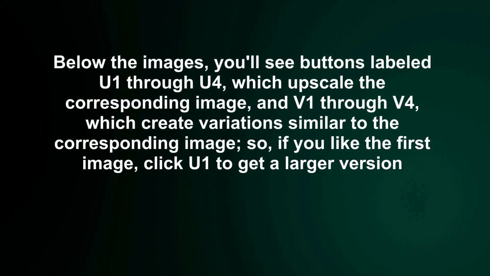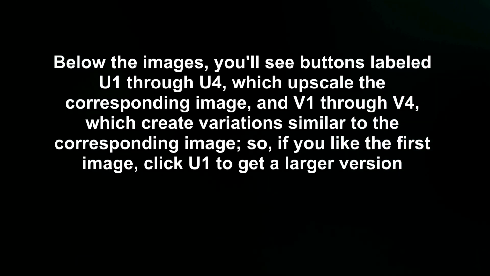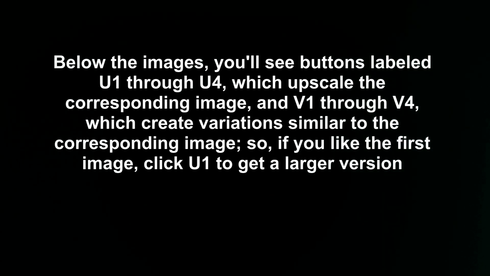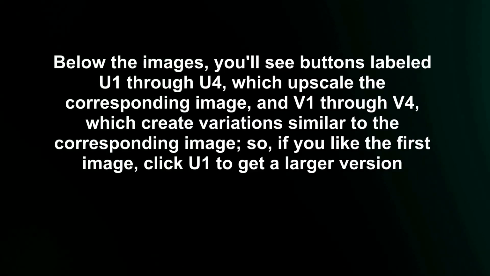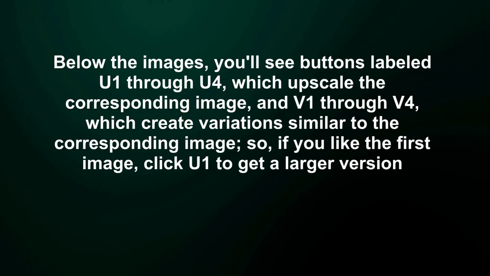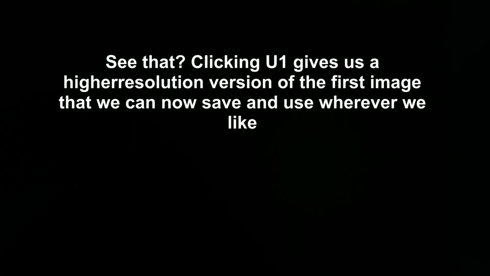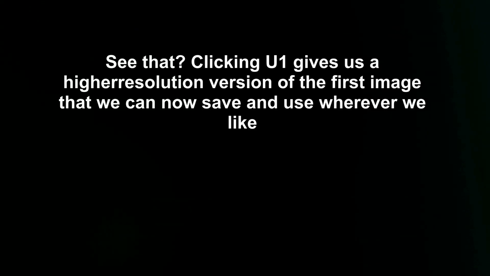Below the images, you'll see buttons labeled U1 through U4, which upscale the corresponding image, and V1 through V4, which create variations similar to the corresponding image. So, if you like the first image, click U1 to get a larger version. See that? Clicking U1 gives us a higher resolution version of the first image that we can now save and